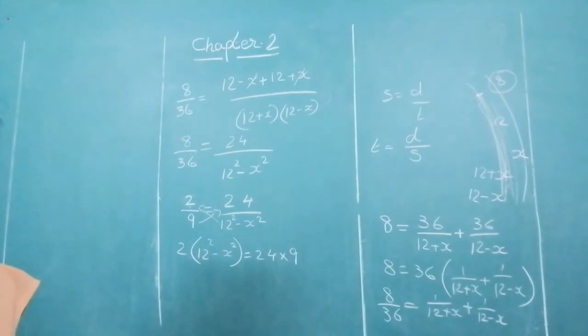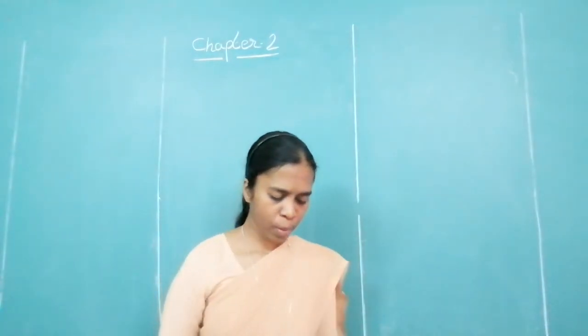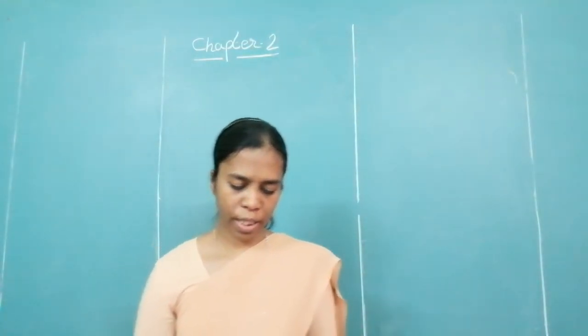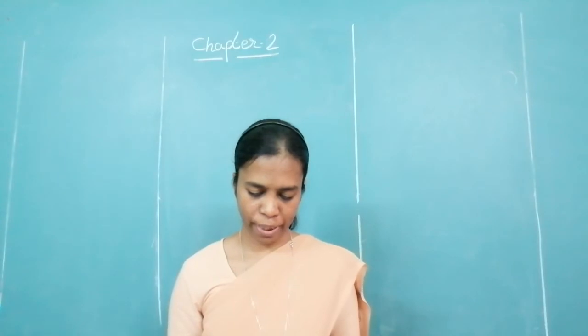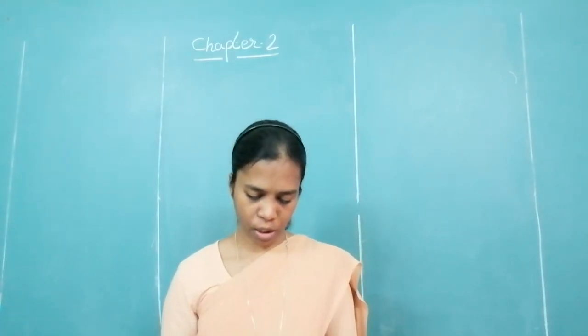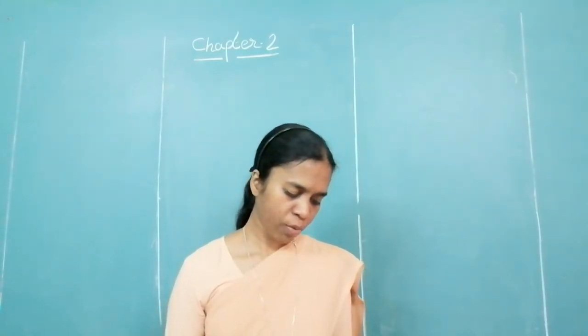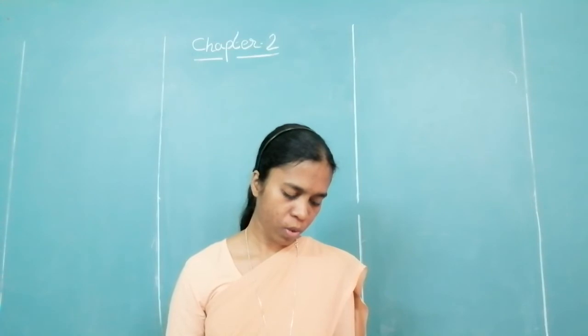I suppose you have solved it. We will go for the next one, that is question number 8. Pindu takes 6 days more than Nishu to complete certain work. If they work together, they finish it in 4 days. How many days will it take to complete the work if they work alone?